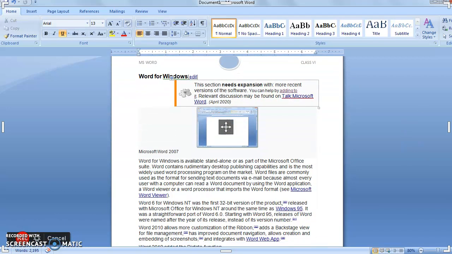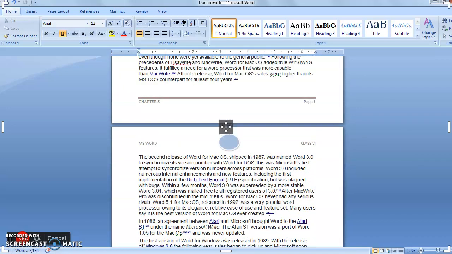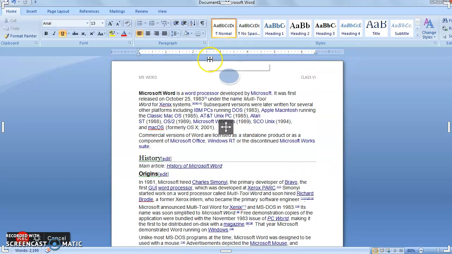Now let's move ahead with our another topic, that is find and replace. Suppose I've written a long document, and I think I have written a wrong spelling, or I want to change this spelling. Suppose here I am taking the example of this Microsoft. Microsoft Word is repeating again and again in the whole document. See, one spelling is here, the other is here, and so on. When I go ahead, so many Microsoft Word occurrences are there. I want to replace this Microsoft Word.